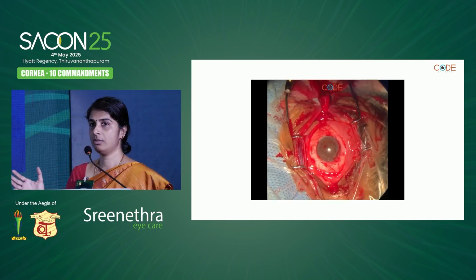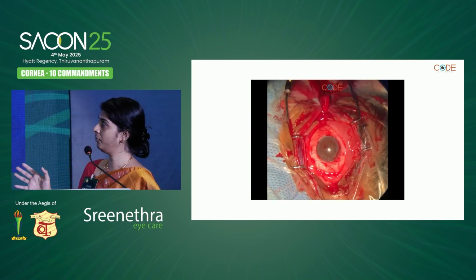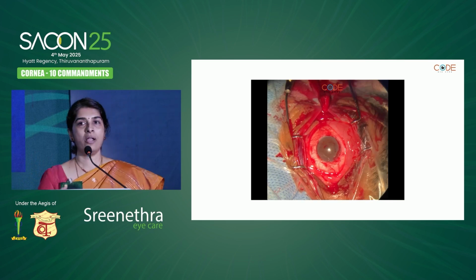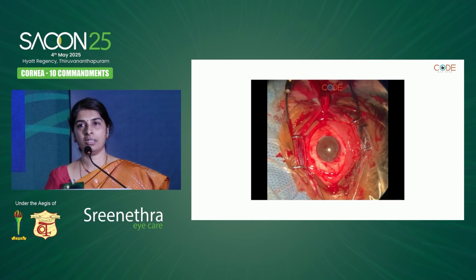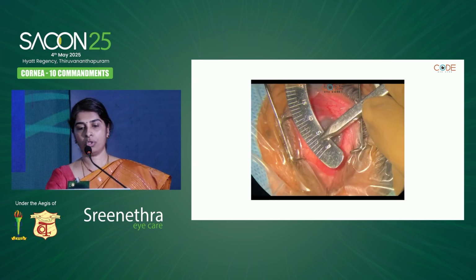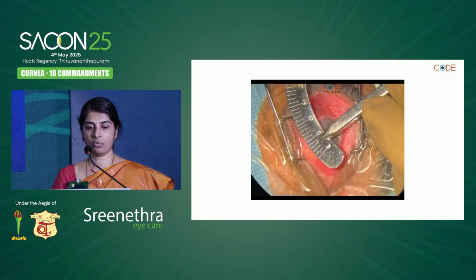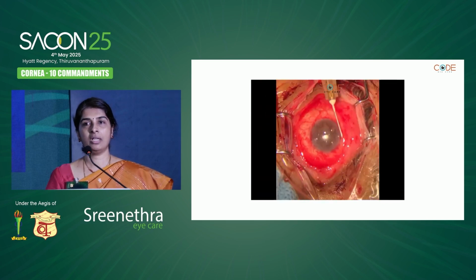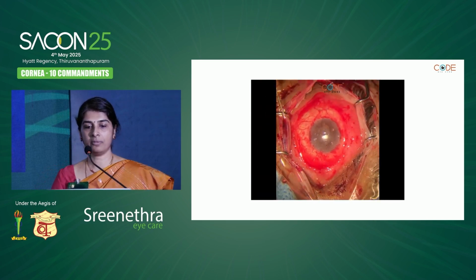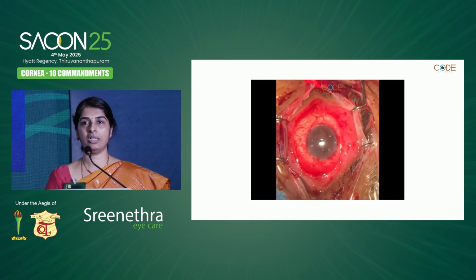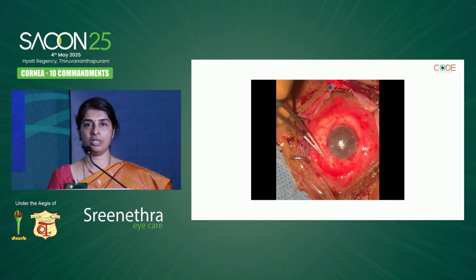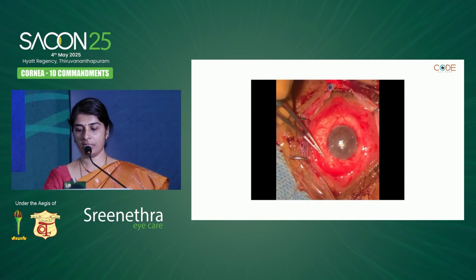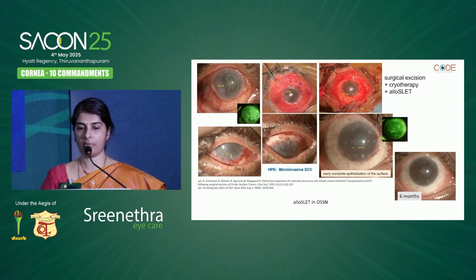The question here was, is this enough in this particular situation? Because we were anticipating that we would be creating limbal stem cell deficiency in this situation, which is where what we did was we went ahead and did one extra additional step. That is, we went ahead and performed the allolimbal graft, a primary allolimbal graft along with excision of the tumor, which is something that we did publish about.